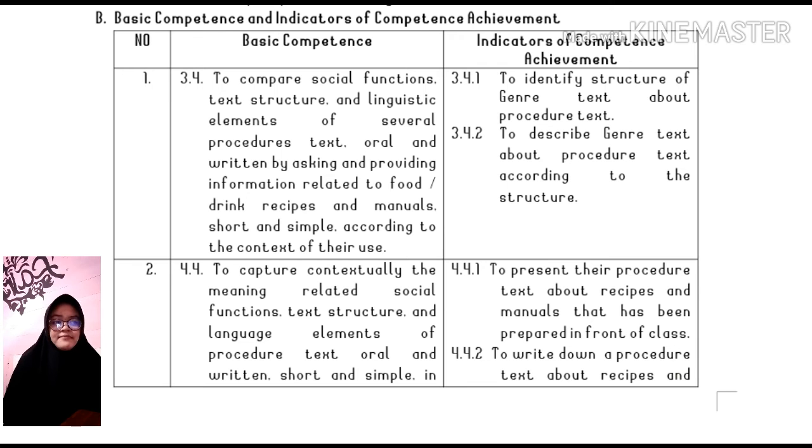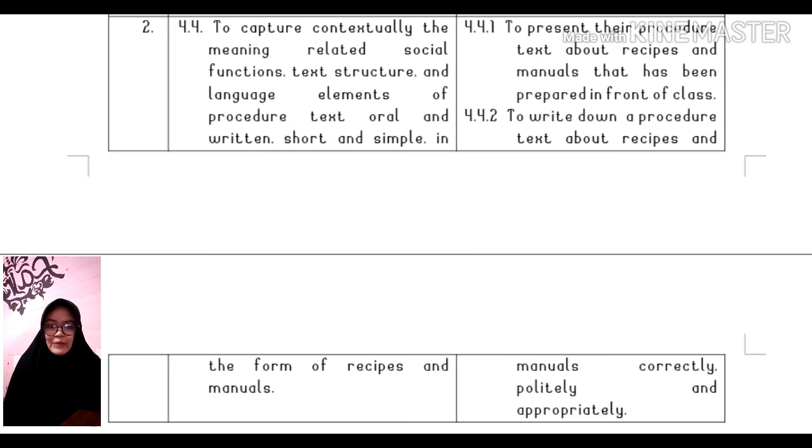So, the second basic competence is to capture contextually the meaning related to social functions, text structure, and language elements of procedure text, oral and written, short and simple, in the form of recipes and manuals.